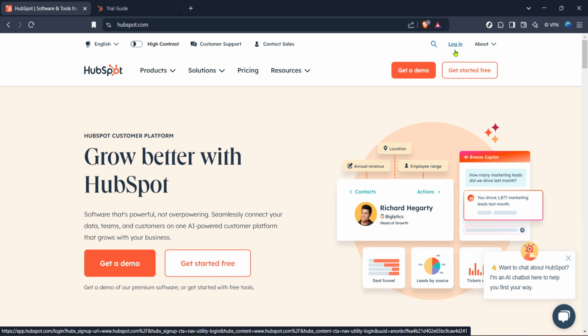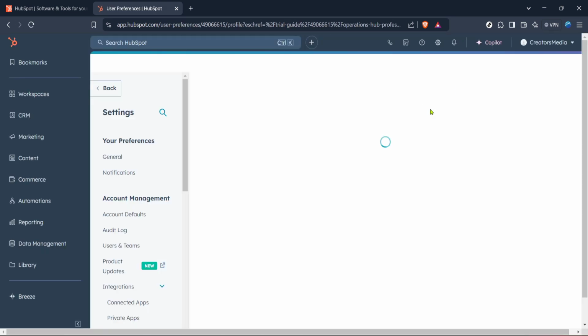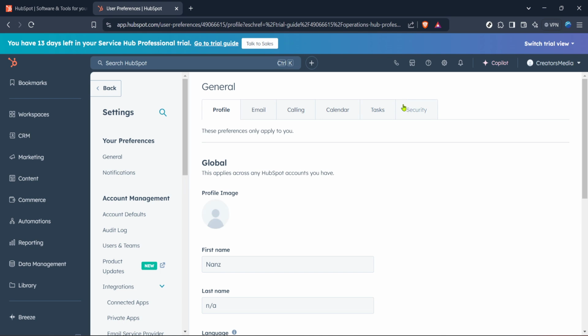After logging in with your credentials, you'll find yourself on the HubSpot home screen. This is your central dashboard where you can manage your HubSpot activities. From this screen, locate the settings icon. It usually looks like a small gear and can be found in the upper navigation bar. Clicking on settings is an essential step because it directs you to where all the configurations and customizations happen in HubSpot. Once inside the settings menu, navigate to the email option.